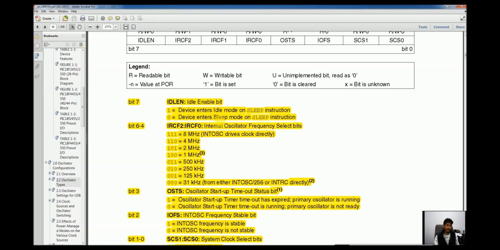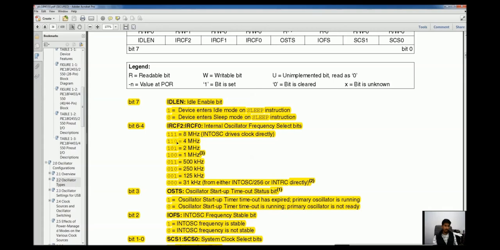What is the difference between idle mode and sleep mode? In sleep mode, everything shuts down: the CPU, the peripherals, everything. The microcontroller can only wake up from sleep through some reset or an interrupt. But in idle mode, only the CPU stops working while the peripherals keep working. Idle mode is ideal in case your CPU has to wait for something. We will discuss it in detail when we study timers.